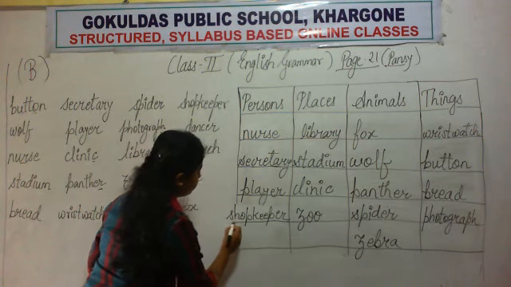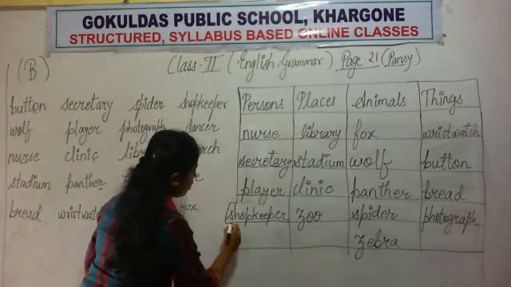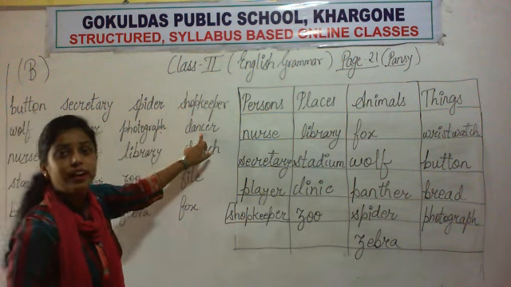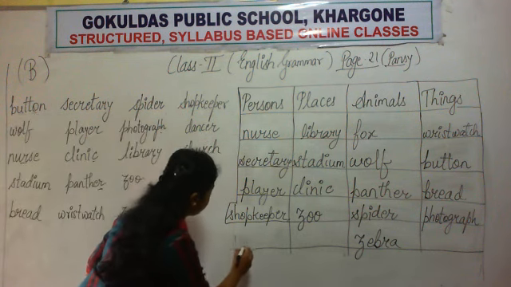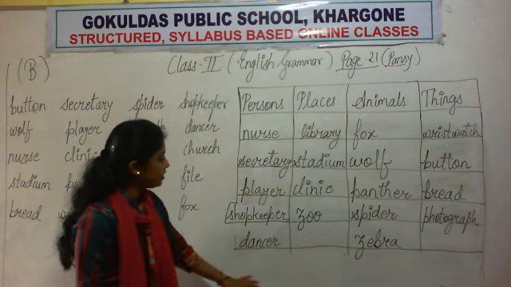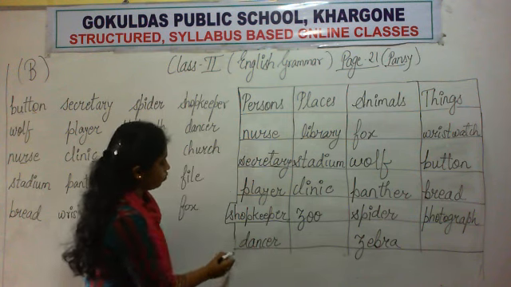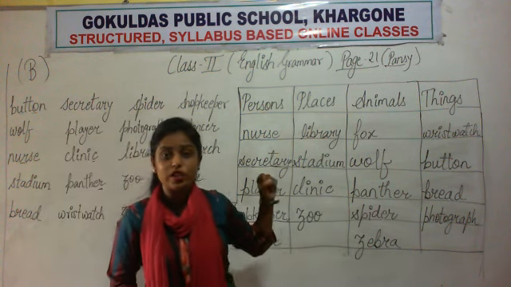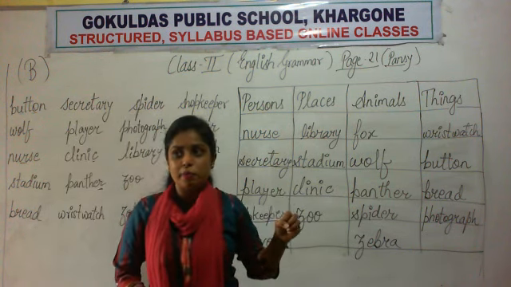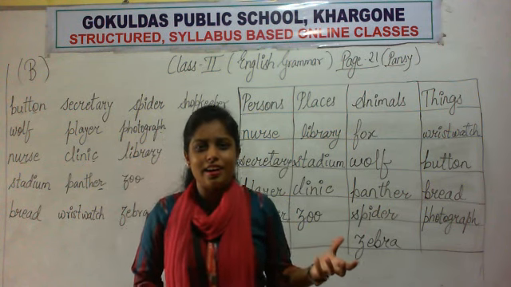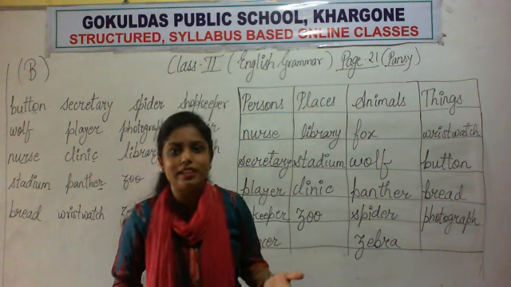Shopkeeper. Okay, so shopkeeper is what? It is a person. Then next to it is a dancer. A dancer is also a person. वो person जो dance करता है वो dancer होता है. Okay, in our class also there are so many dancers. Basically the girls. Okay, जैसे like Sachi, Lavanya, etc. There are so many dancers like this.